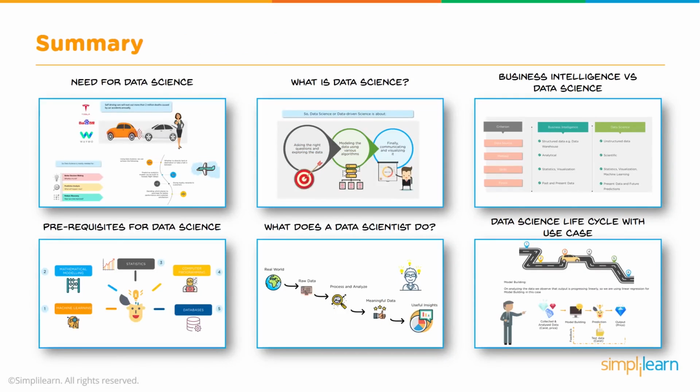So let's summarize what we have seen so far. We talked about the need for data science, what data science can do, and what data science is, and what the prerequisites of data science are in terms of the skills, programming languages, tools, and so on. We also talked about the various tools that are available like Python and R, and we did a comparison between business intelligence and data science. And we did a detailed discussion about the life cycle of a data science project with an example. And last but not least, we talked about the global demand for data scientists. There's a huge demand for data scientists. We talked about that as well.